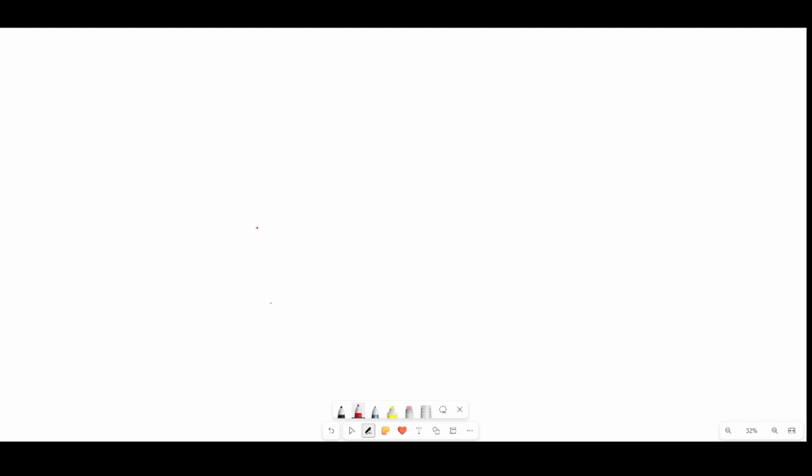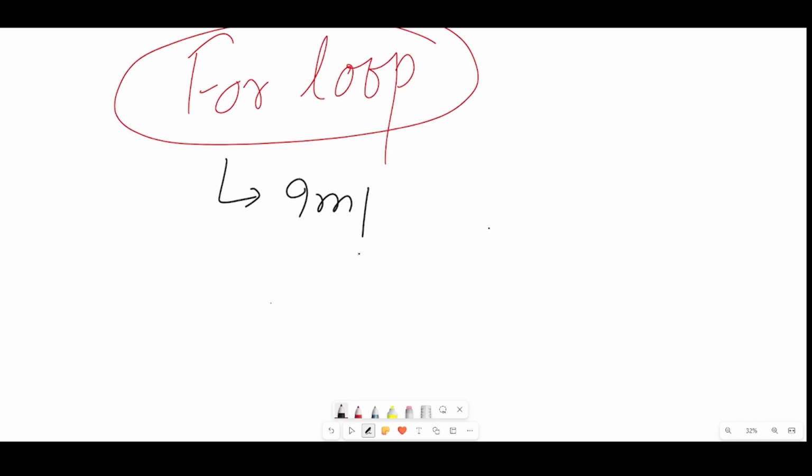Welcome back. In the previous session, we learned about the types of C++ loops and understood a little bit about what loops are. Today, we're going to discuss the very first one, which is the for loop. The for loop is one of the most important kinds of loops present in C++, and the reason for that you will know right now.